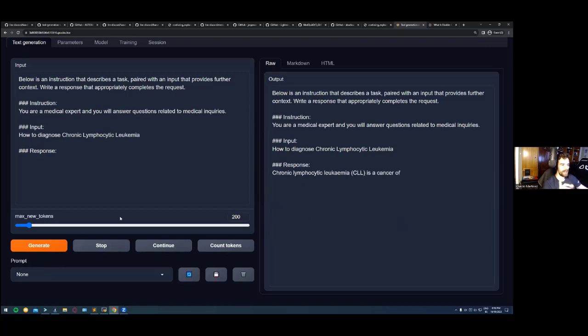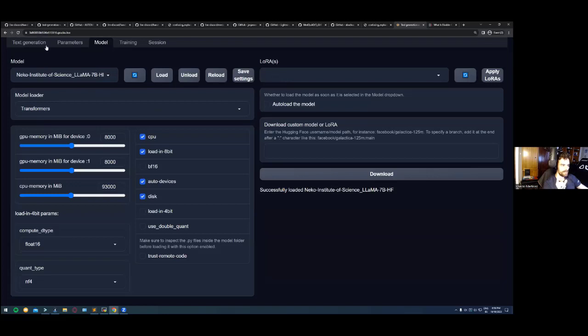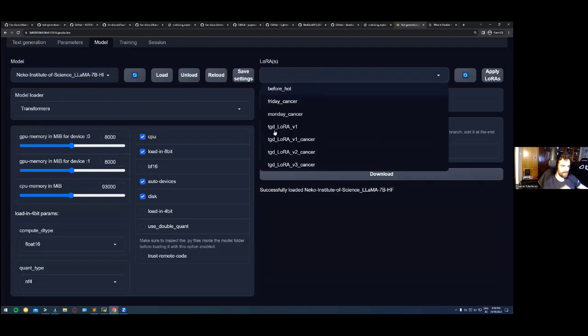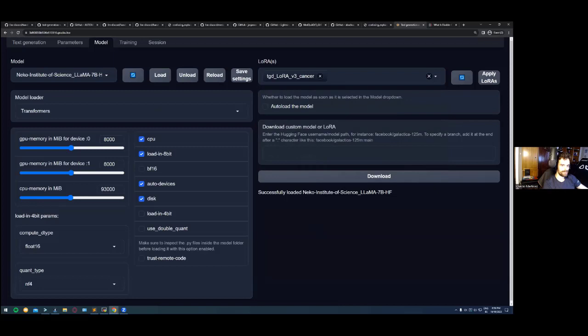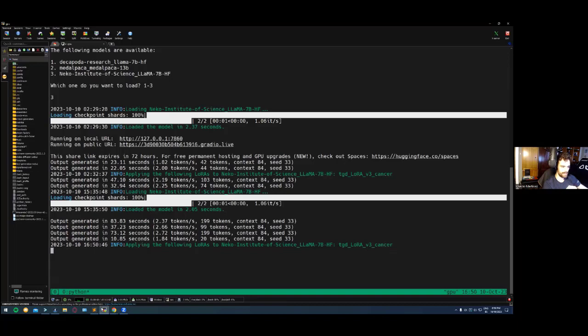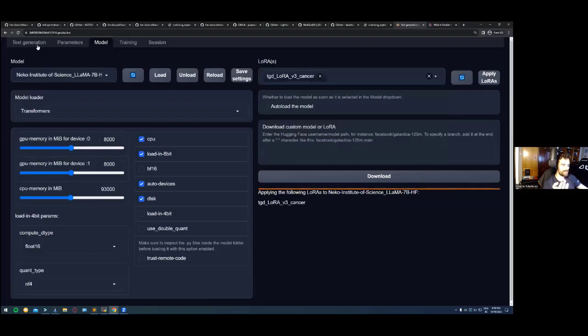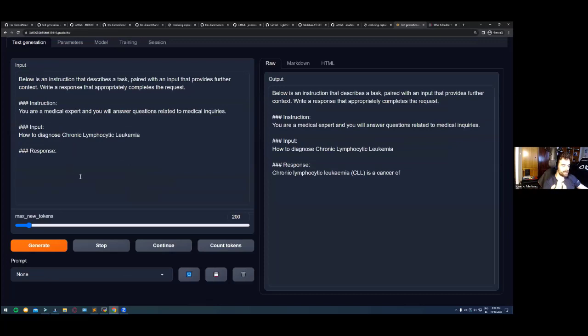So now that I'm keeping my seed constant, I'm stopping the generation and I'm applying the LoRA to my model, right? It shouldn't take long. It's already, let me see here. It's applying. Yeah, it's already applied. So now if I generate it, and sometimes this bugs, but if I generate again with the LoRA applied, then the response should change. So you see here that the response is actually changing, which means that the LoRA is